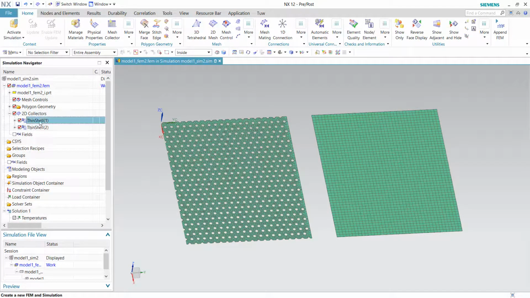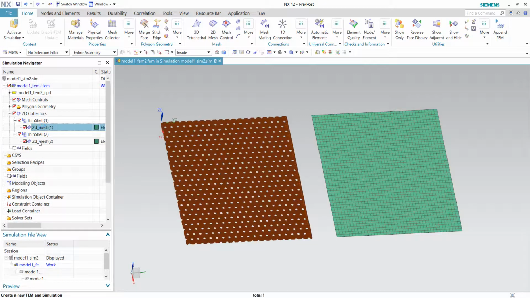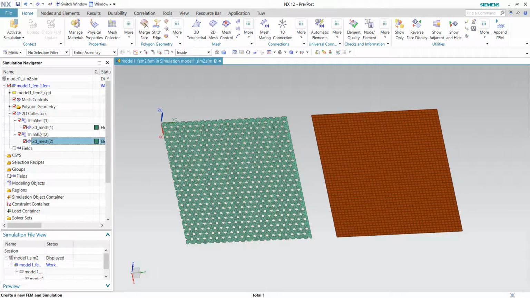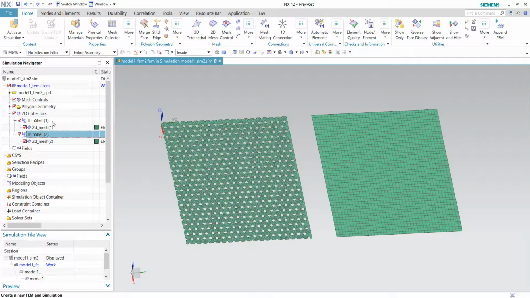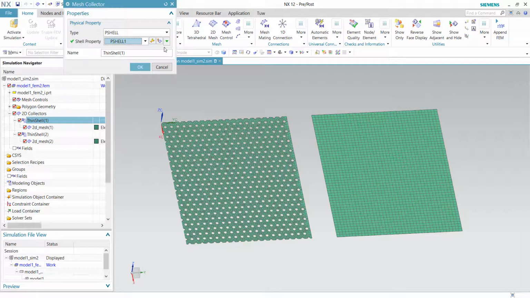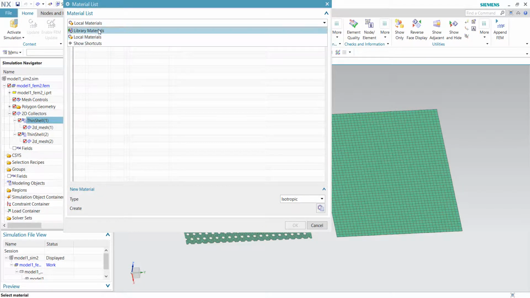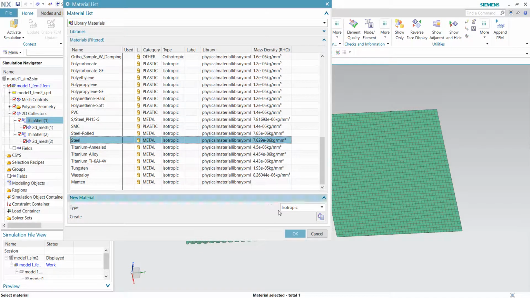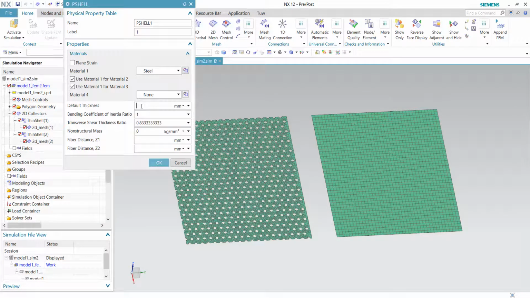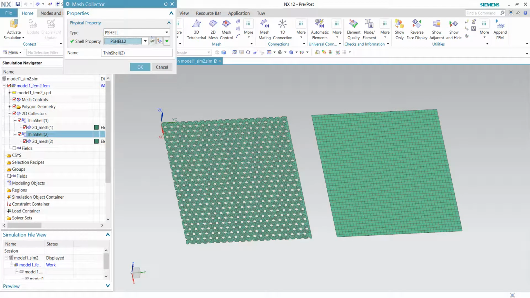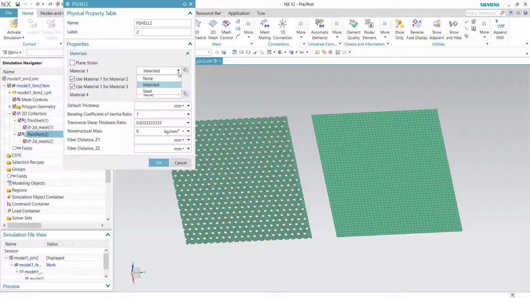Now we need to assign the material for these two meshes. The first mesh is located within thin shell number 1. The second mesh is located in thin shell number 2. For thin shell number 1, we'll change the property to assign it a local material called the steel material, and we'll just put the default thickness as 1 millimeter. And OK. For the second mesh, we'll need to do the same thing, just that I'll need to